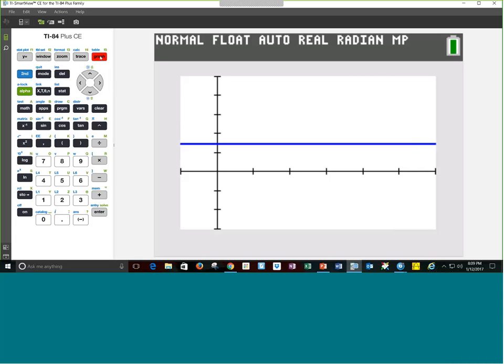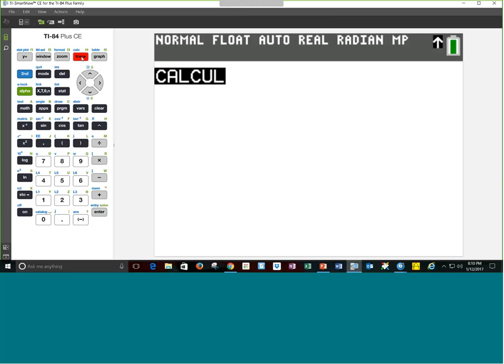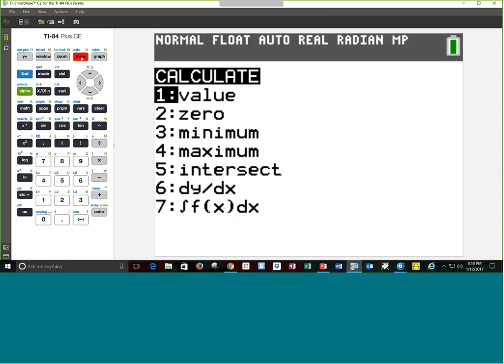Now what we are actually wanting to do is to think about the definite integral from 0 to x of 1.5 dt. So what we're going to do is have the 84 actually calculate these for me. Now, we know that these are going to be rectangular regions, and that's very easy to calculate by hand, but it's kind of interesting to see how the calculator handles this, especially with the color. So I will go to Second, Trace, which is Calculate, and I'm going to select option number 7, which you will see is an integral there.